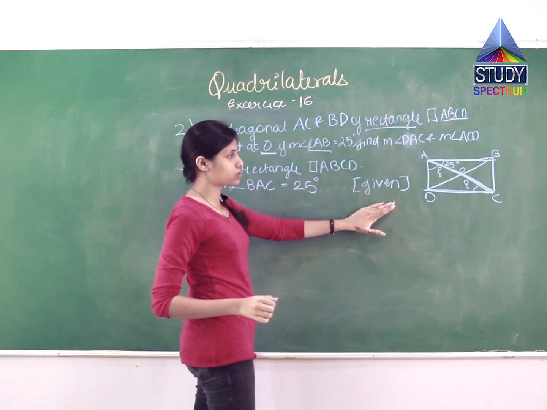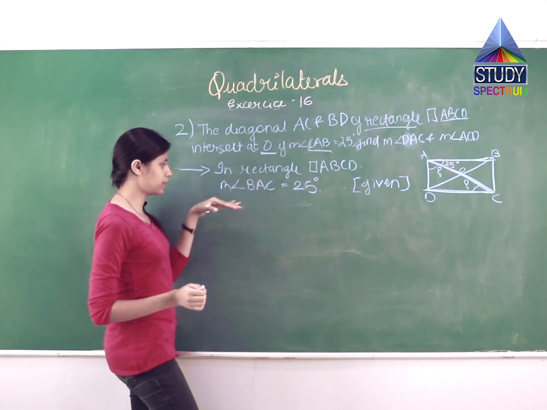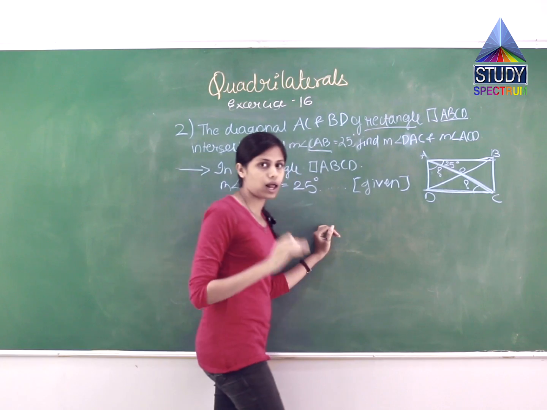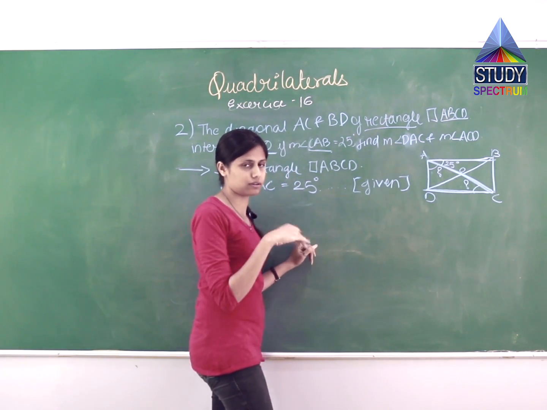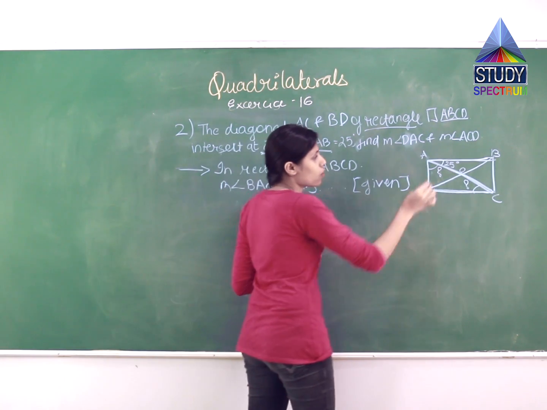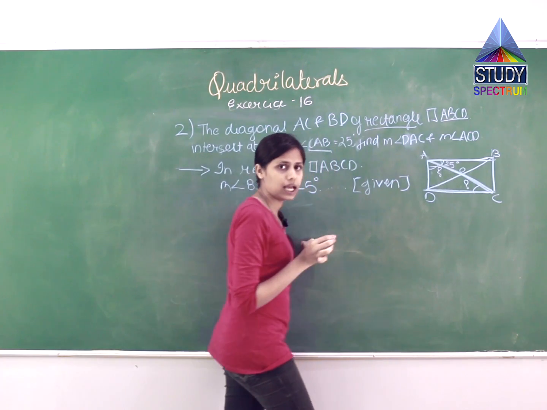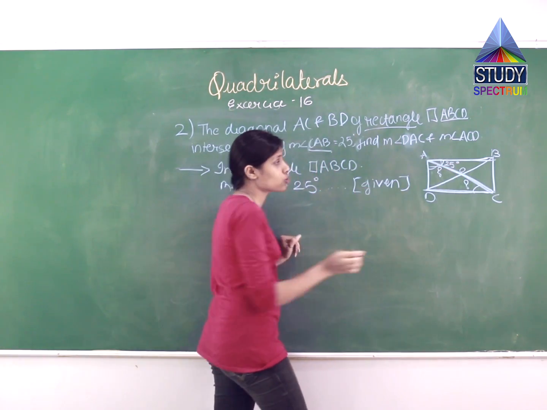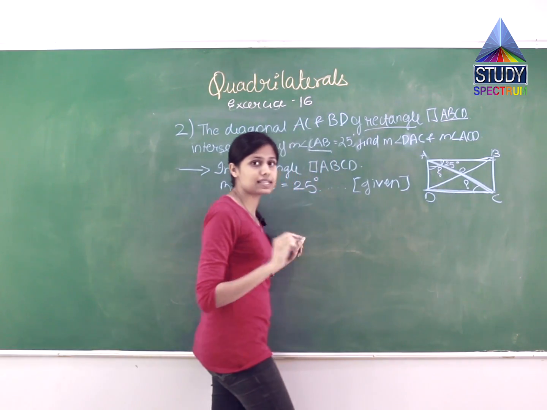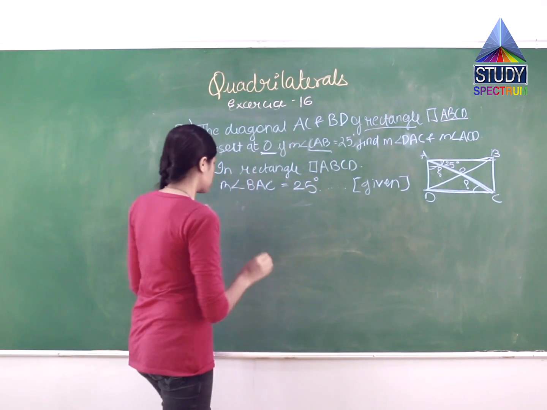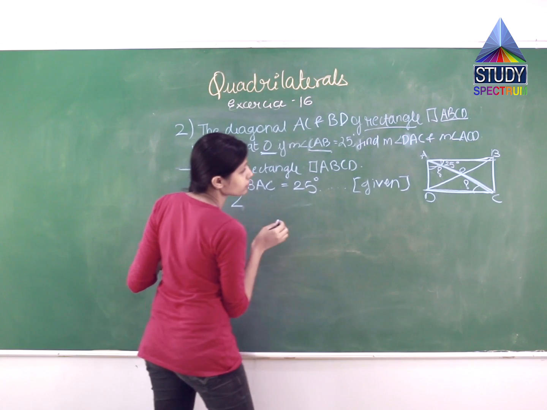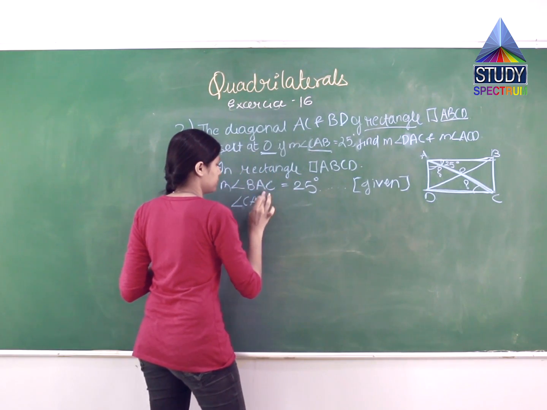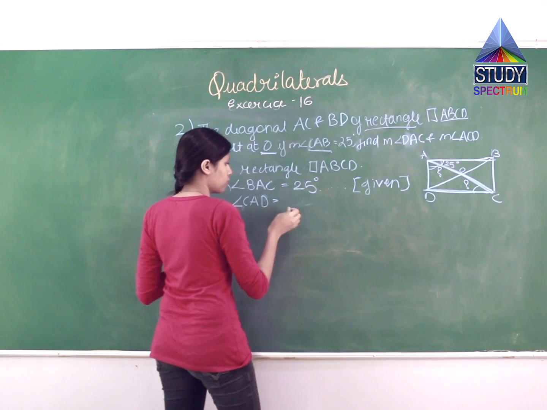Now what conclusion you derive from this is to be written in the second line. So this is 25 degree. We know all the angles of the rectangle are of 90 degree. So what is the measurement of angle A? It is 90 degree. One part is given as 25 degree, so what is the remaining part? It is 90 minus 25. So angle CAD is equal to